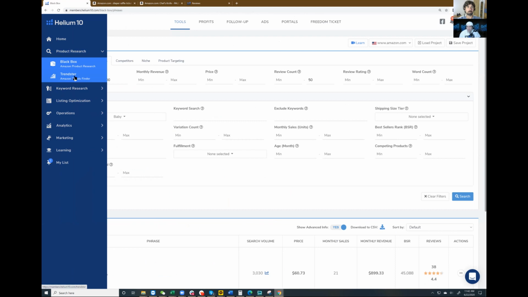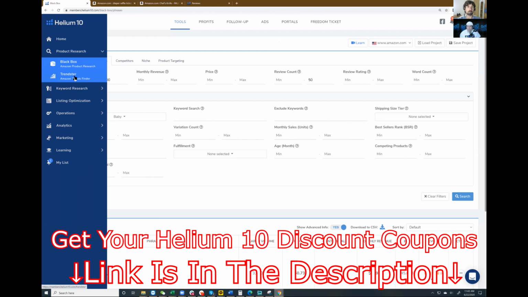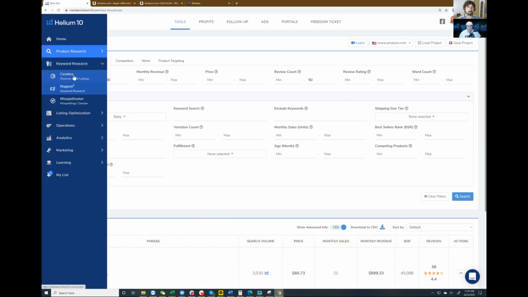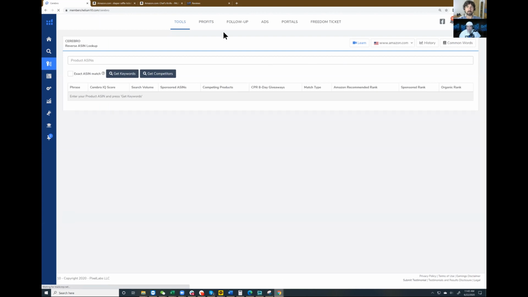Trendster, I won't go into this, but this allows you to show trends on Amazon and compare them to trends on Google. It uses Google Trends, so you can see the search history on Google for a certain keyword. Under keyword research, my favorite tool is probably Cerebro. Right in here, for example,